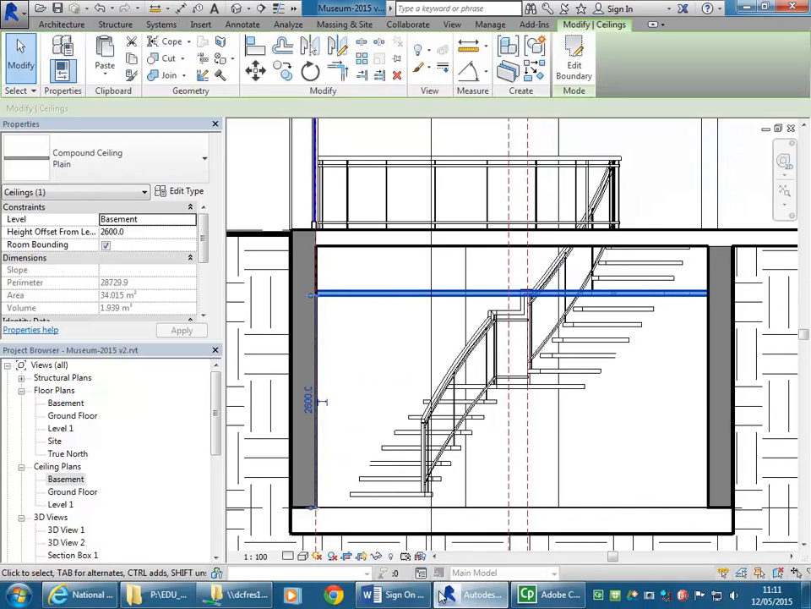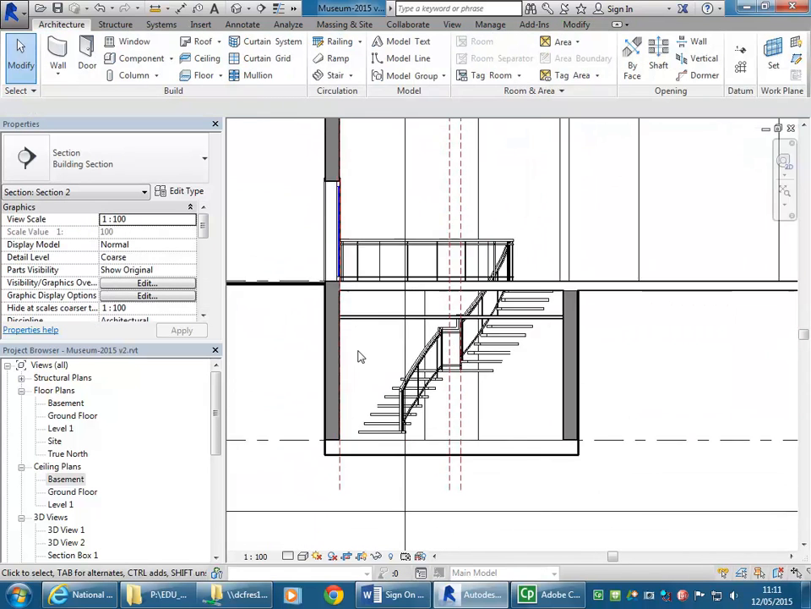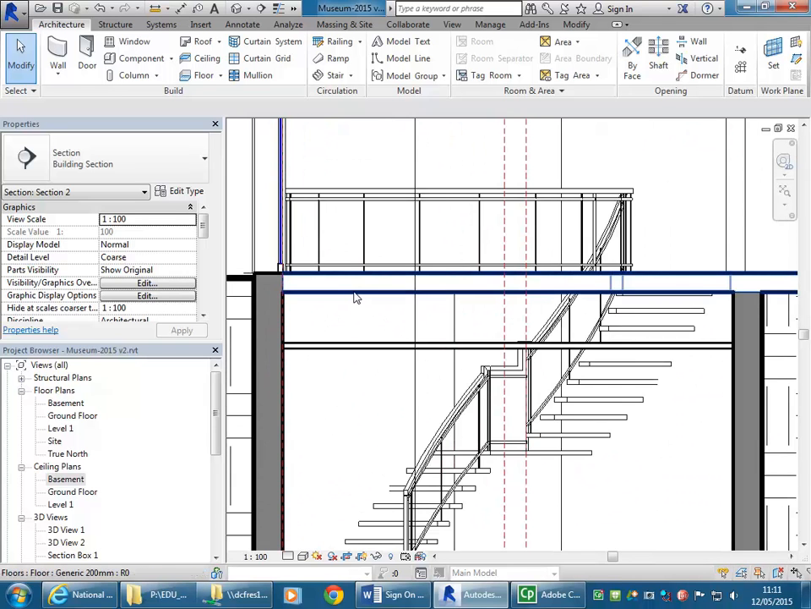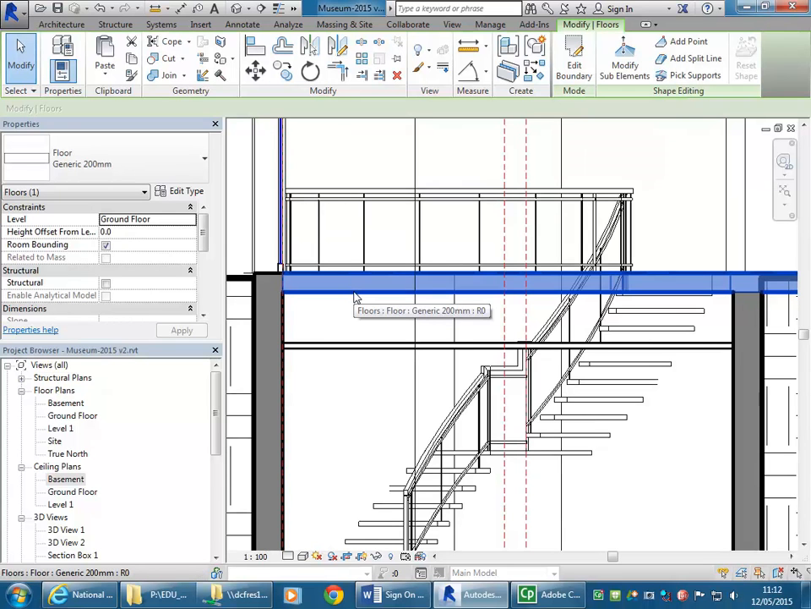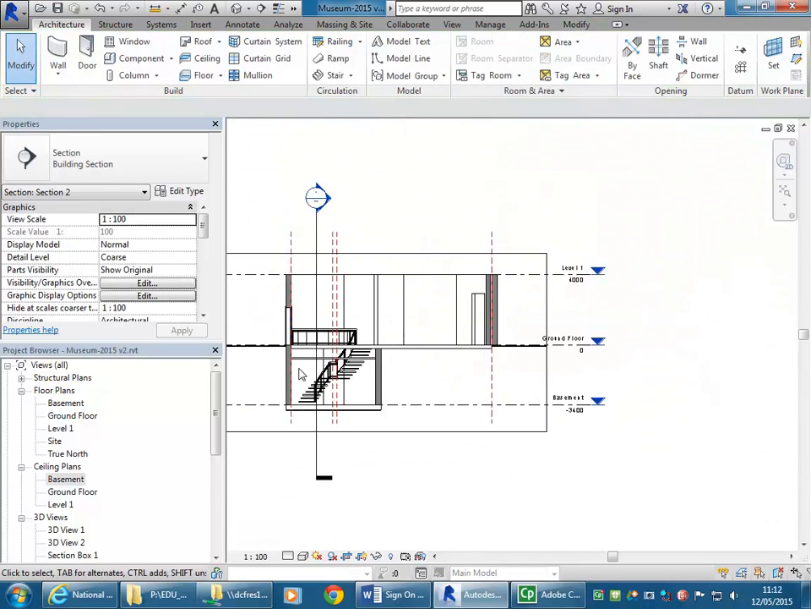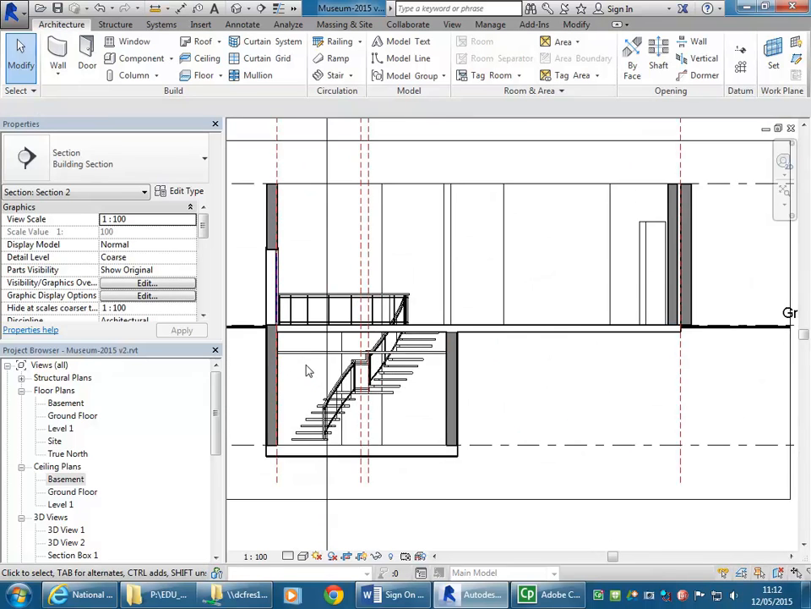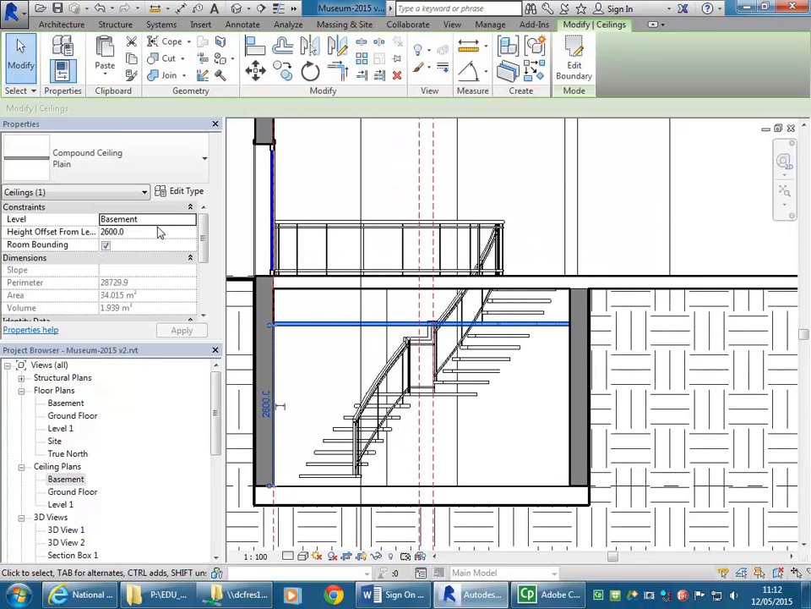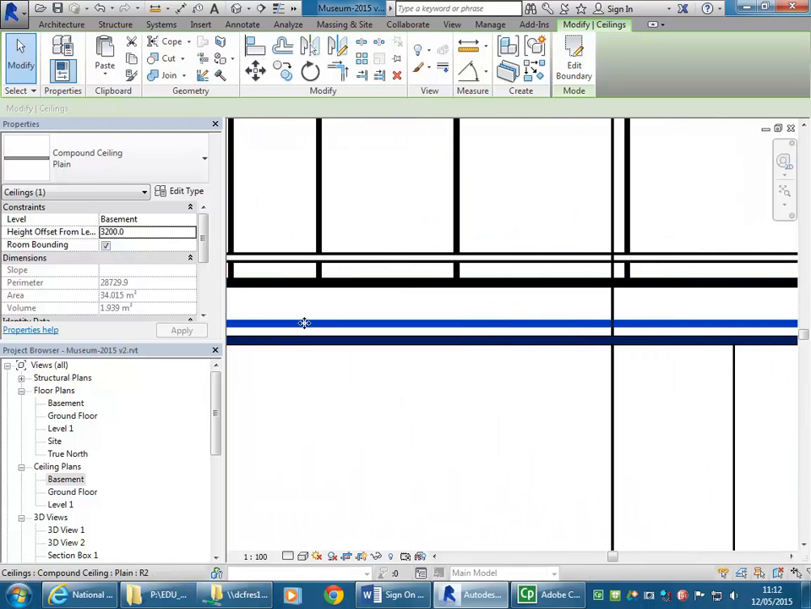set to the height that I had in properties, 2600 from the basement level. And so then I know that my basement is 3400 from the ground floor, and my floor thickness is 200. Okay, so I want this to be 3200. That's the existing height of the ceiling. So I can just select that ceiling and then type in the height there from the basement level, 3200. And it's brought that up to